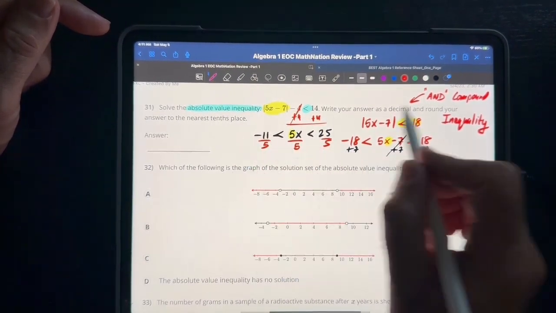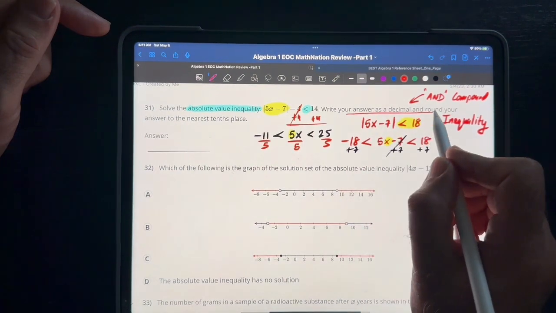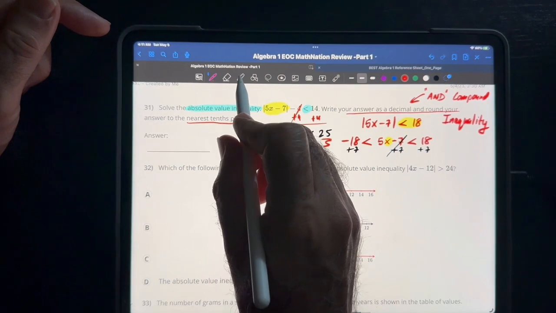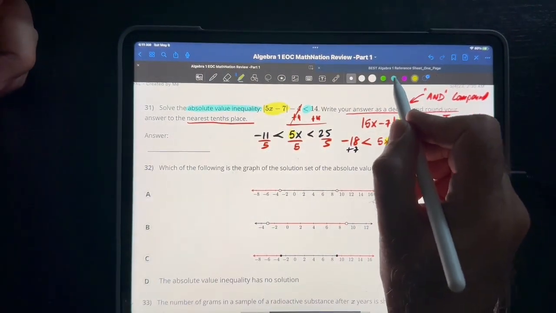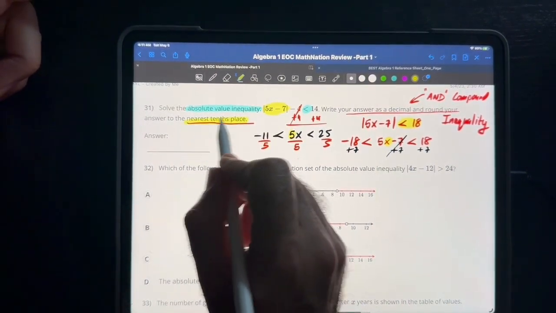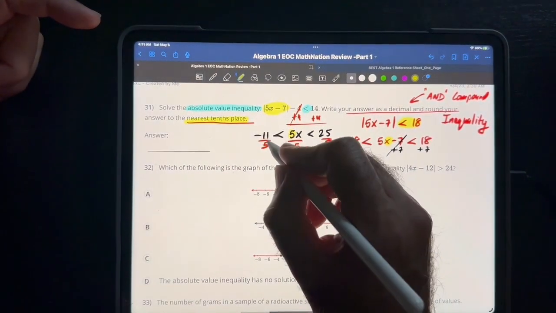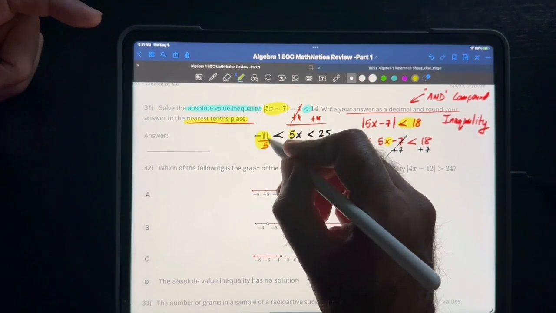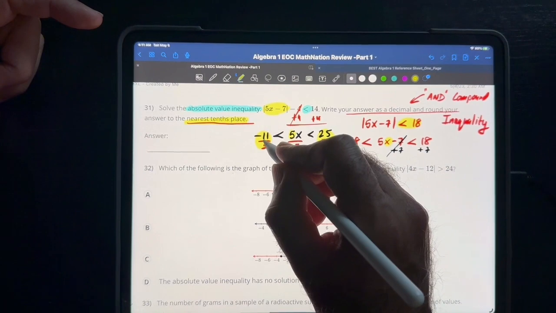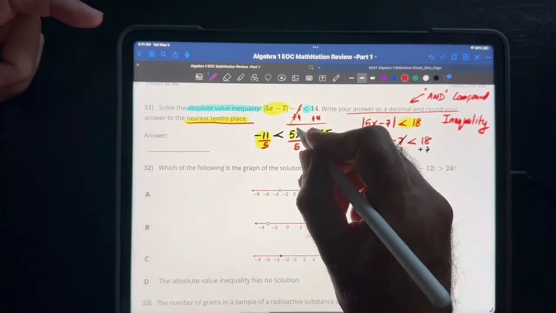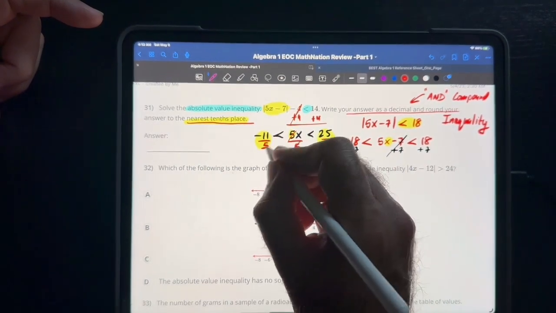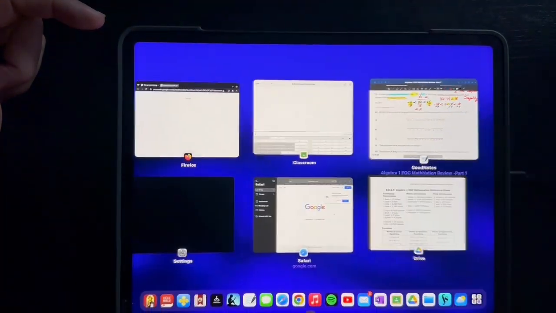Good? Now, you see why they say round your answer as a decimal to the nearest tenth. You have to be very cognizant of what you're doing here, right? You have to read. This is to the nearest tenth. So we're going to put this in the calculator because this is going to give you a decimal. This is a whole number, but this is going to be a decimal, all right? So you have to be cognizant. So we have x, bring down this, become x. And then we're going to jump to the calculator,